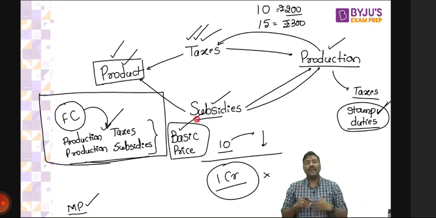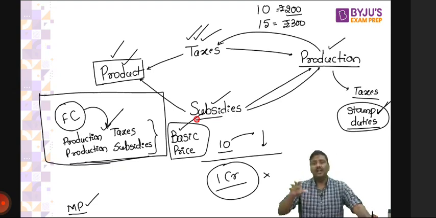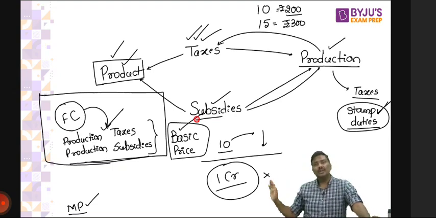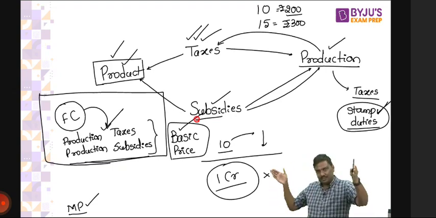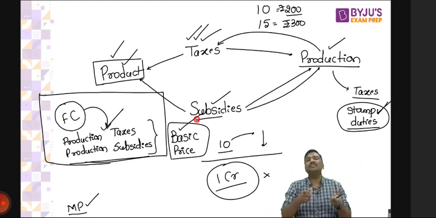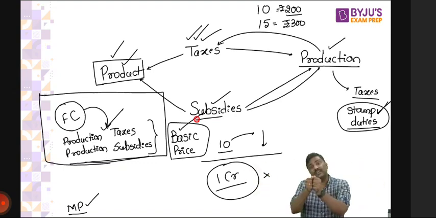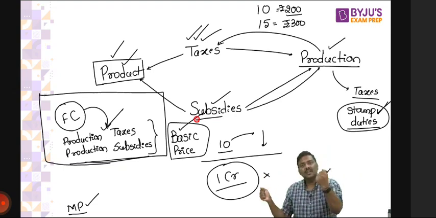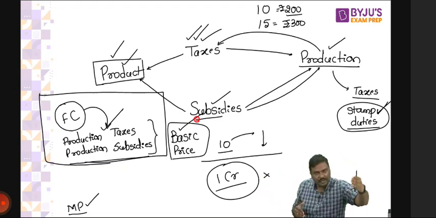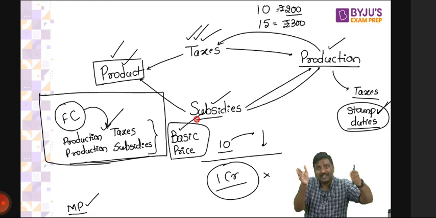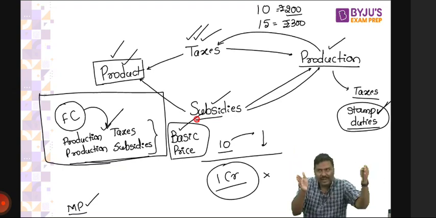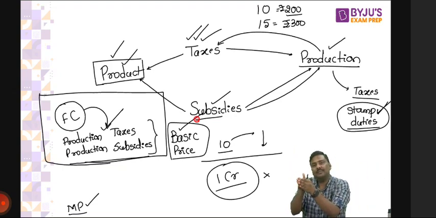So why should we calculate basic prices? Understand this carefully. We want to move from the factor cost to market cost. But unlike earlier where we simplified it and simply said taxes and subsidies, we have now further divided the taxes and the subsidies. So rather than directly moving from the factor cost to market price, there is a middle point now, a pit stop. You will first move from the factor cost to the basic prices. Now from the basic prices, you will move to the market prices.